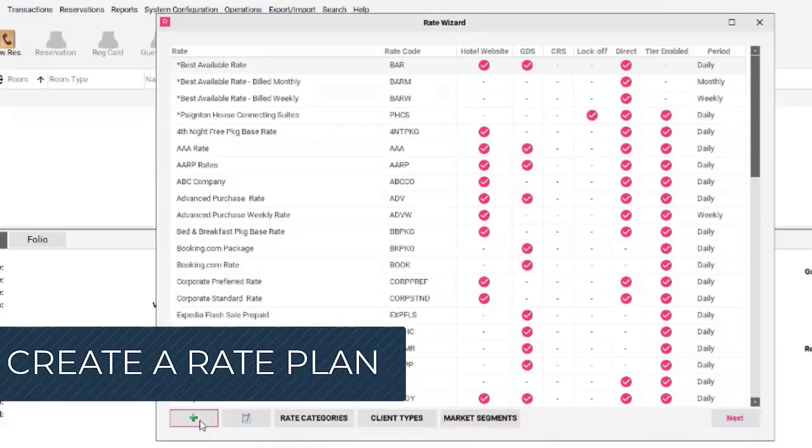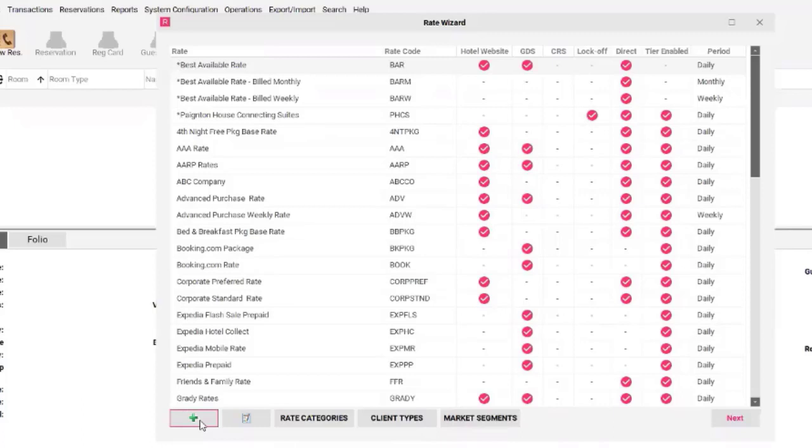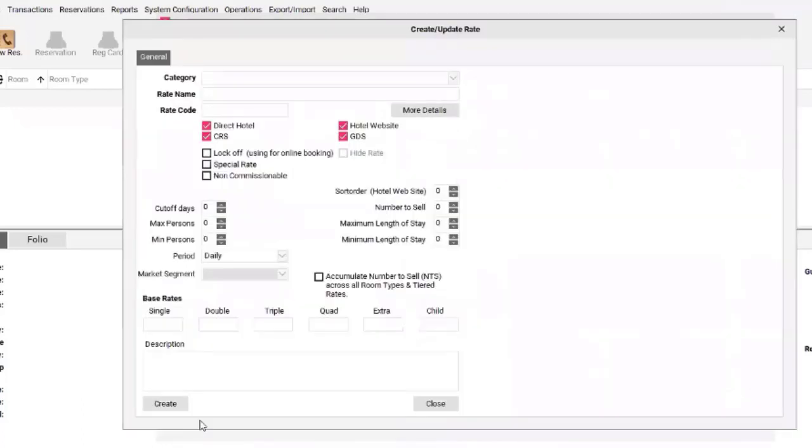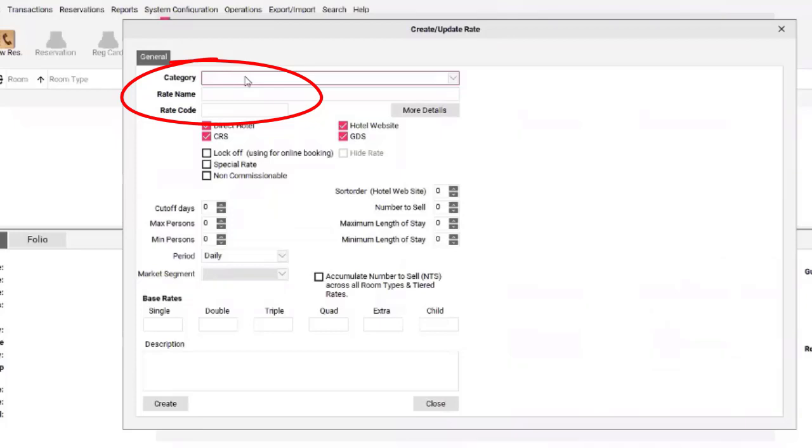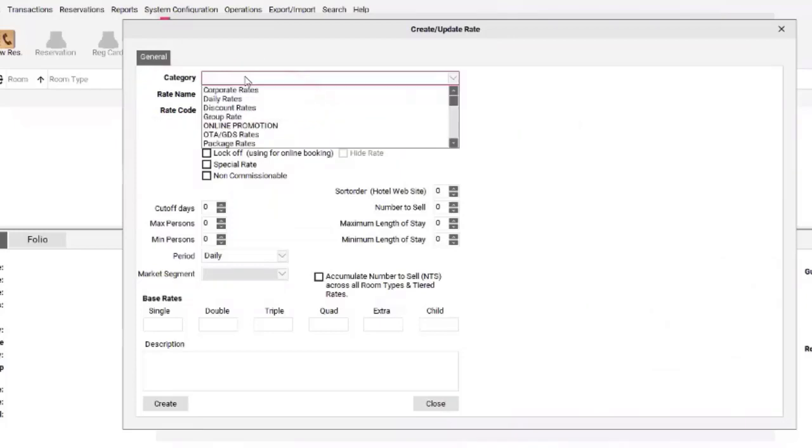So let's get started with our brand new rate plan. I'm going to click the green plus symbol in the bottom left-hand corner. That's now going to give me a pop-up on screen where I can create my new rate. So the first thing I need to do is assign a category, give it a rate name and a rate code. From this category list, I can see a list of available categories that have been set up for this